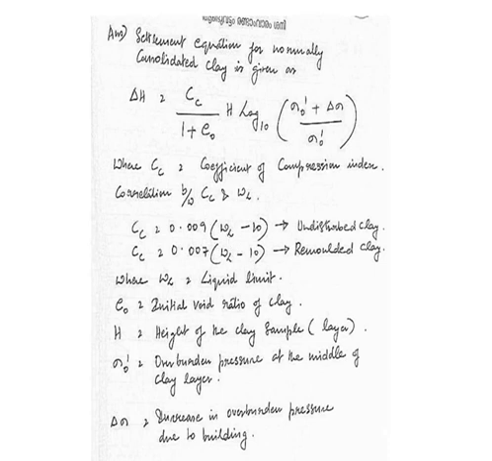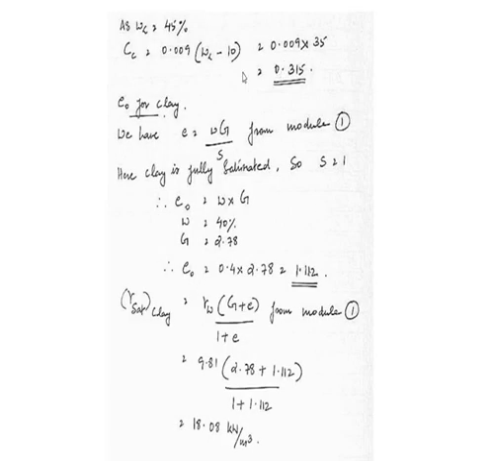So that is the first part, how to find the Cc. You got the Cc value here, 0.315. Now how will you find the initial void ratio of the clay? You know the void ratio equation from the first module, that is e is equal to wG by S. Here it is mentioned that the clay is fully saturated, so e naught is equal to w into G. Water content is given in the problem, 40%, and the specific gravity of clay is given, so you find the e naught value, which is 1.112.